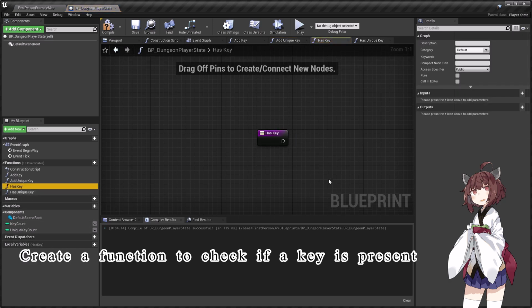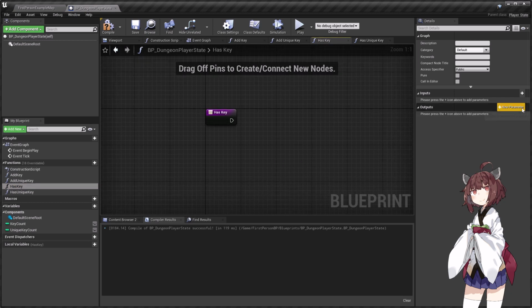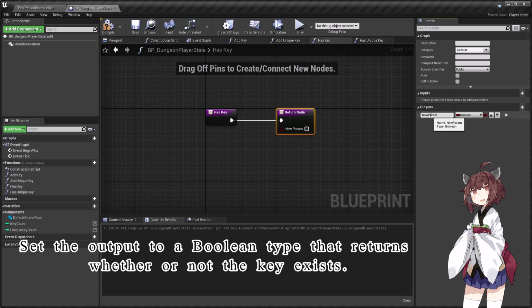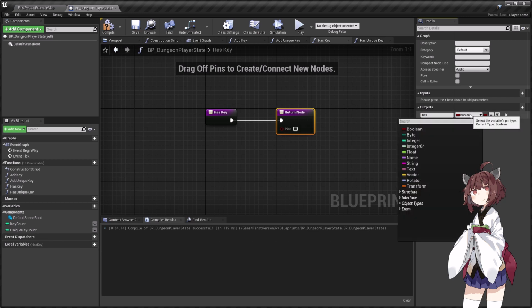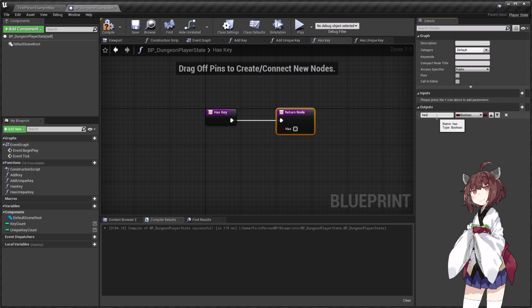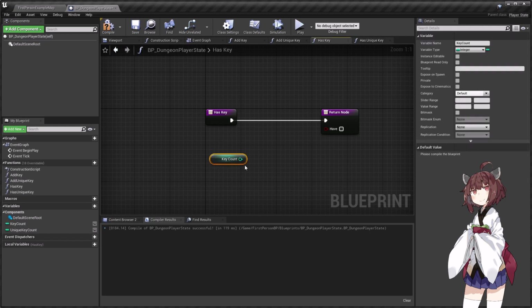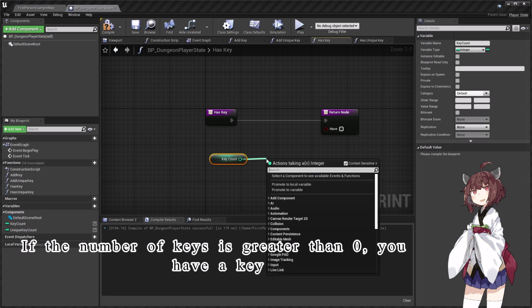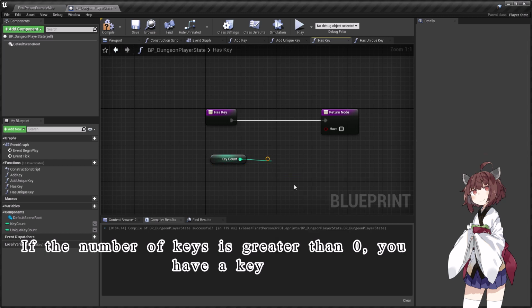Create a function to check if a key is present. Set the output to a Boolean type that returns whether or not the key exists. If the number of keys is greater than 0, you have a key.